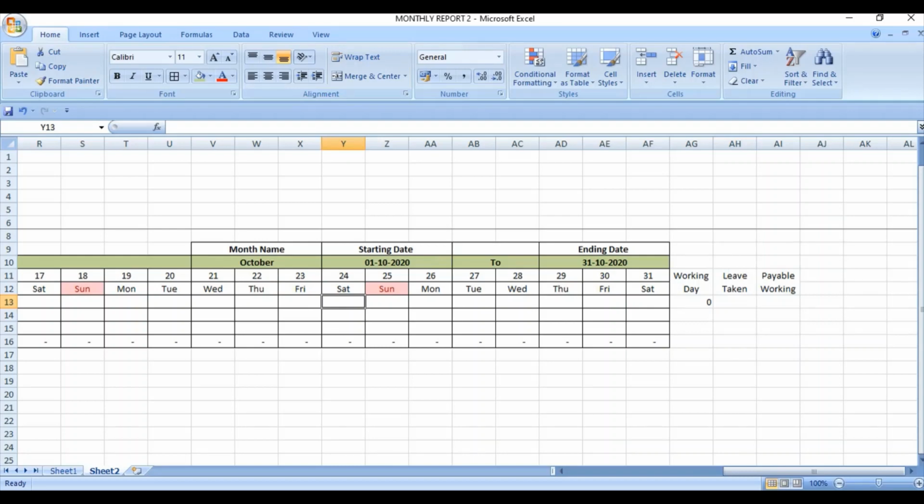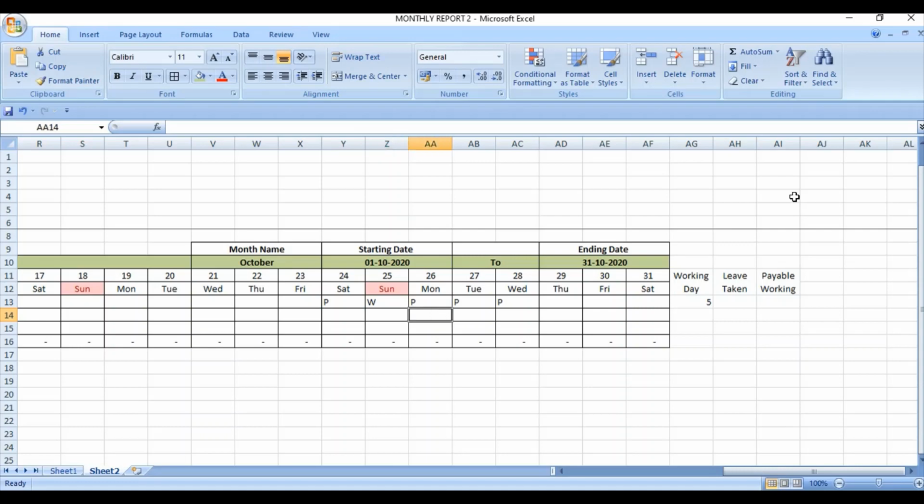Employee 1 remained present on Saturday, so I've written here P, Monday, Tuesday, and Wednesday. How many days did he remain present? 4 days he remained present. But Sunday is also considered as a working day. If I write here W, automatically it will calculate working days as 5.